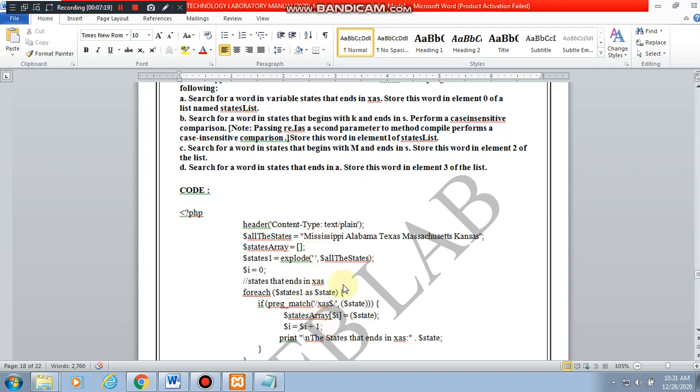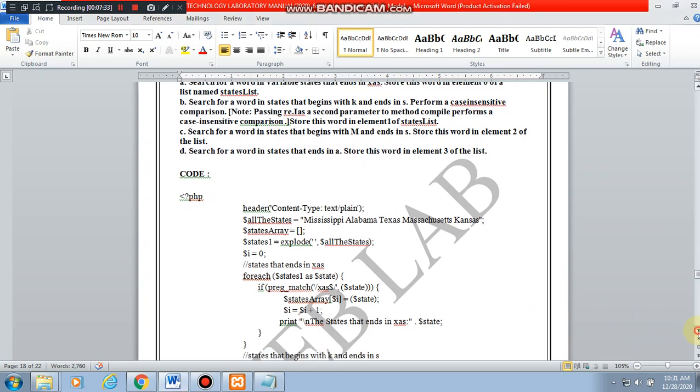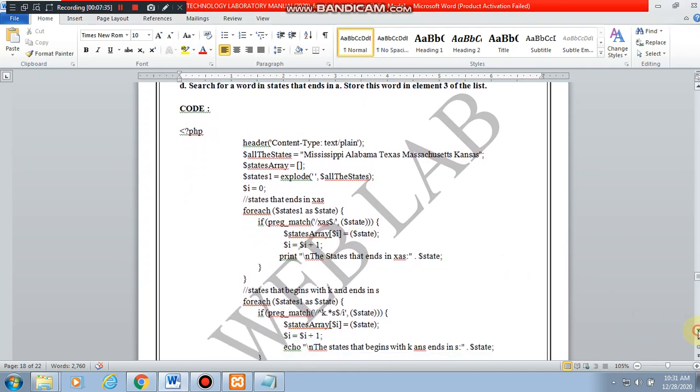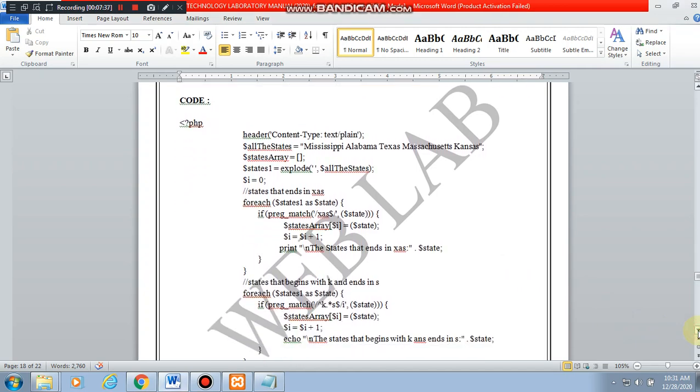In that, this particular state, if it is matched, is being stored, and you are just incrementing the count of that, so that if there are multiple matches, all of them will be stored here. And lastly, you are displaying which particular state is ending with XAS.